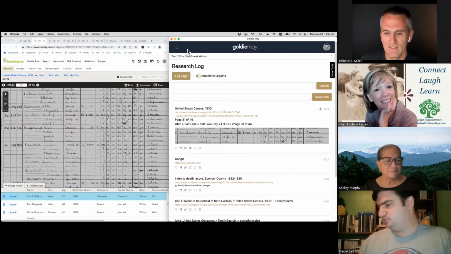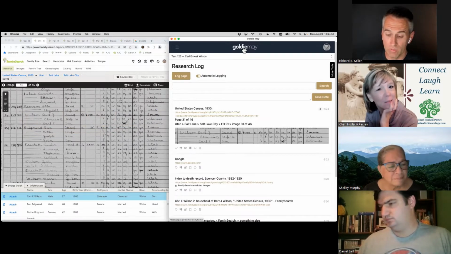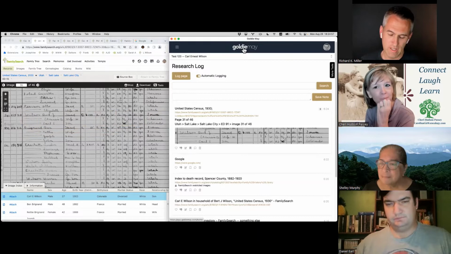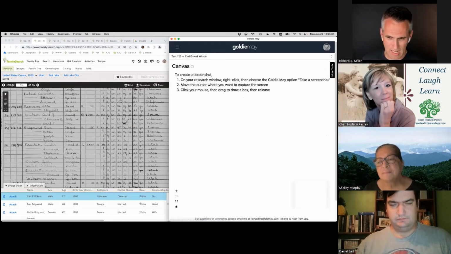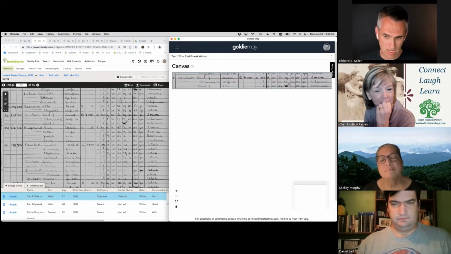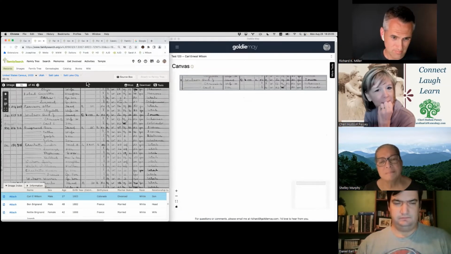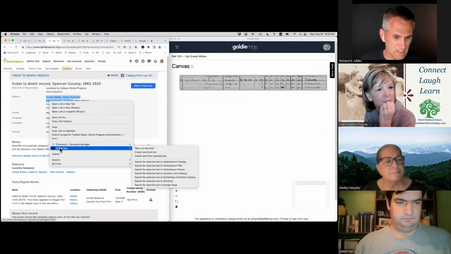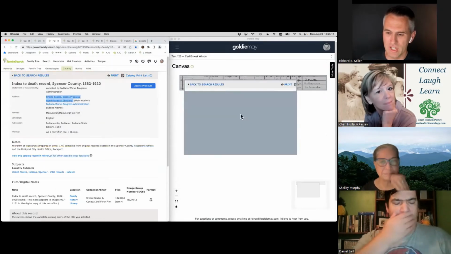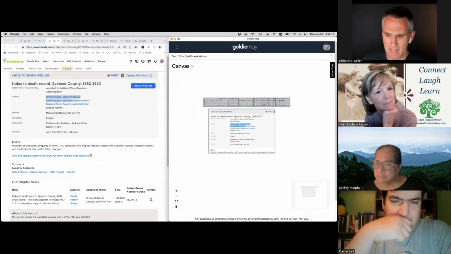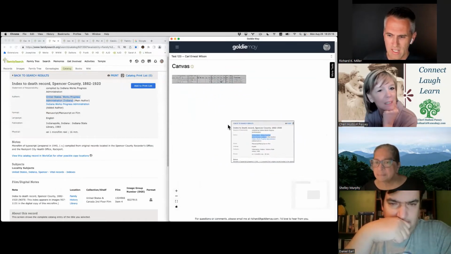The research log and the screenshots are a free feature. And then for the paid users, they can use this canvas, which is another view of the same screenshots, where you can drop a couple of screenshots into this canvas and treat it like a table that you move images around and organize.